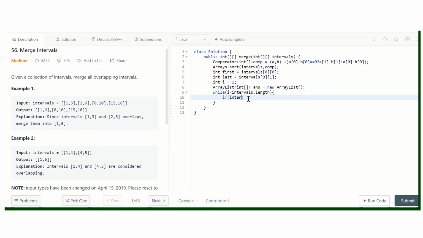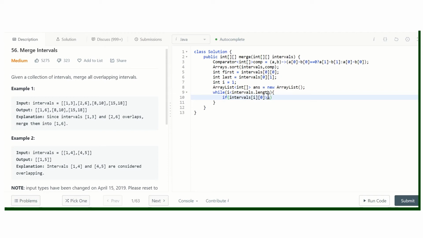So we'll check if intervals[i][0] is greater than, let's see what is the case for equal to. Yeah, equal, they are considering equal to in the same interval. So if the start of the current interval is less than or equal to the end of the previous interval, then we know that they are going to intersect.